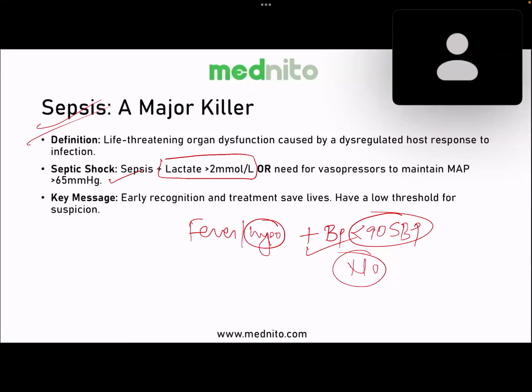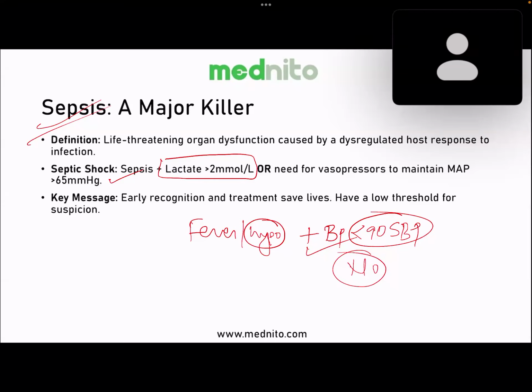If the patient has got lactate of more than 2 with normal blood pressure, normal temperature, it is seizure that needs to be understood. Most of the students do get confused in the examination hall, but I want you to understand that it is also a differential diagnosis for seizure with unwitnessed episode. Sepsis, obviously you'll find fever or hypothermia with the low blood pressure, with lactate of more than 2 millimoles. It is sepsis until otherwise proven.